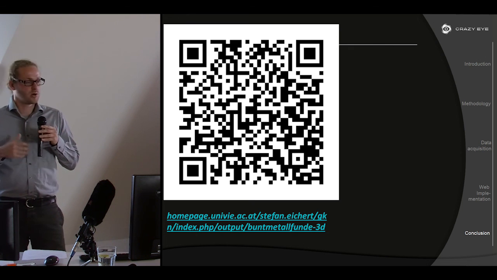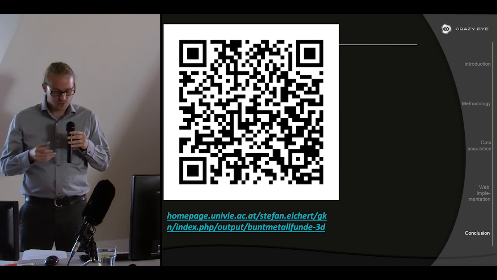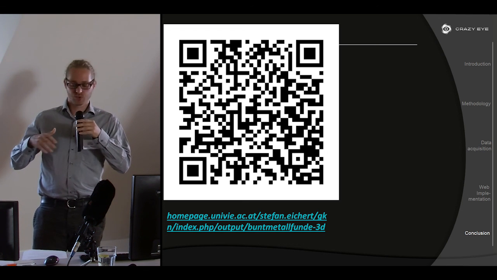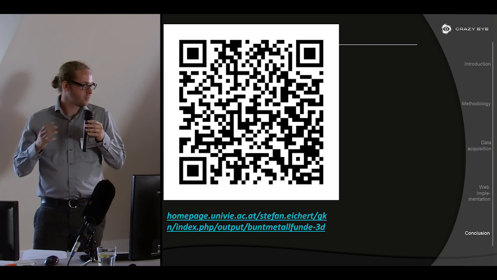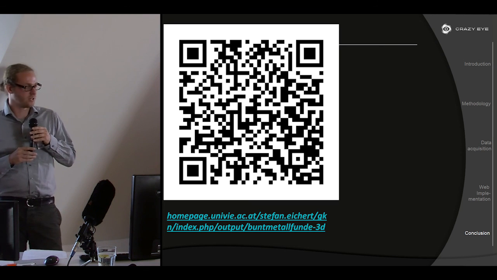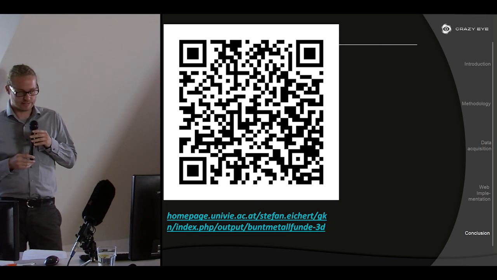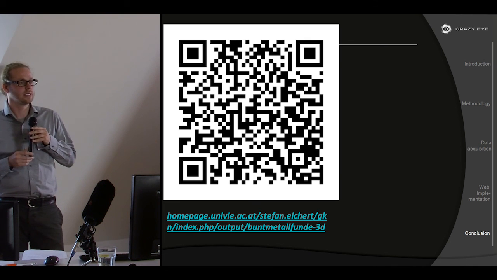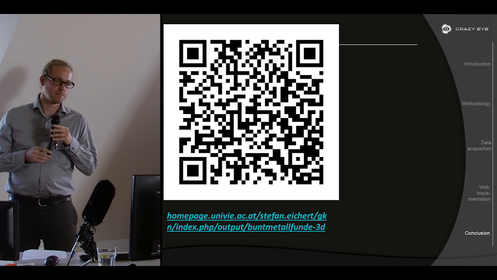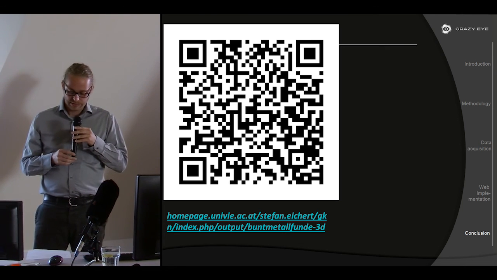Almost all steps in our workflow are using open source software besides Agisoft Photoscan, which can be replaced by open source software, of course. But the drawback of our chosen approach is that data acquisition and data processing is quite time consuming. You need some photographic and coding skills,